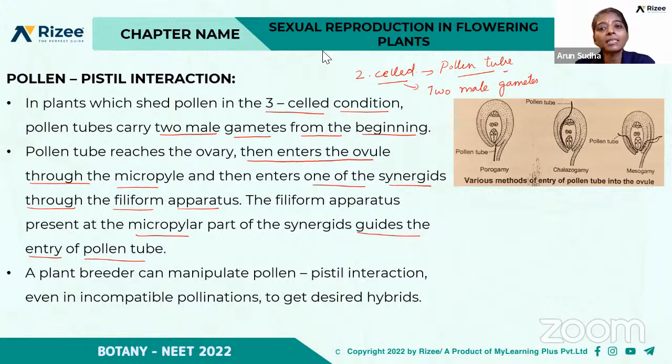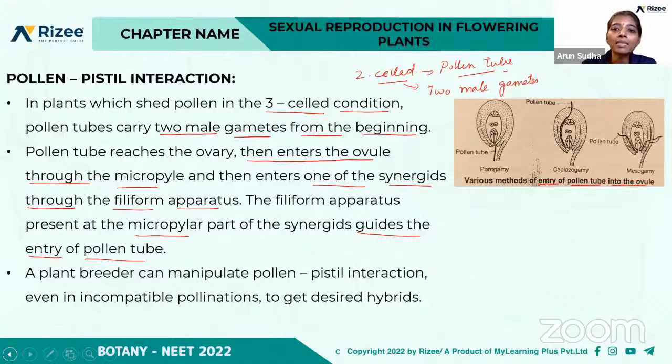In some cases, what happens? If the pollen is already at the 3-cell stage, there will be male gametes. But if it is at the 2-cell stage, the division happens and the generative cell divides to form the 2 male gametes, right? Mostly in the case of angiosperms, it enters through the micropyle into the synergids. Okay, so this is what is happening. But in some cases, it may also enter through the chalaza. So, based on the mode of entry of the pollen tube into the ovule,